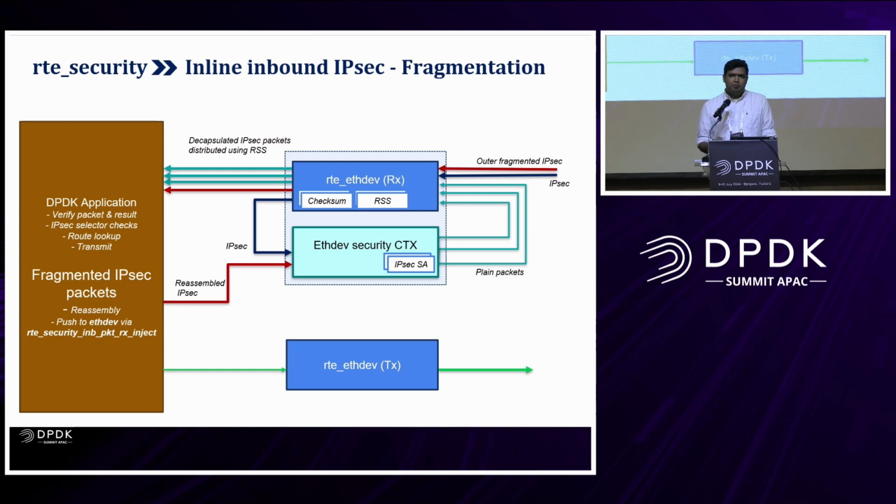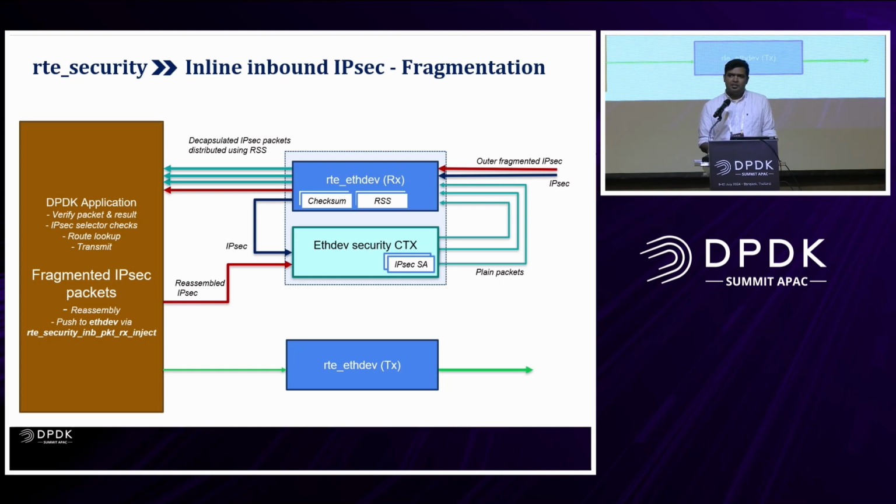The idea behind that was that an existing application written with plain packets in mind can easily get migrated to an inline IPsec capable device, and there is no change for the application. From the application's point of view, it is just the control path. The application needs to set up the control path, configure the SAs, etc. But after that, the main data path will only have very minimal checks, just like how the checksum is done. But the main problem with such an approach was